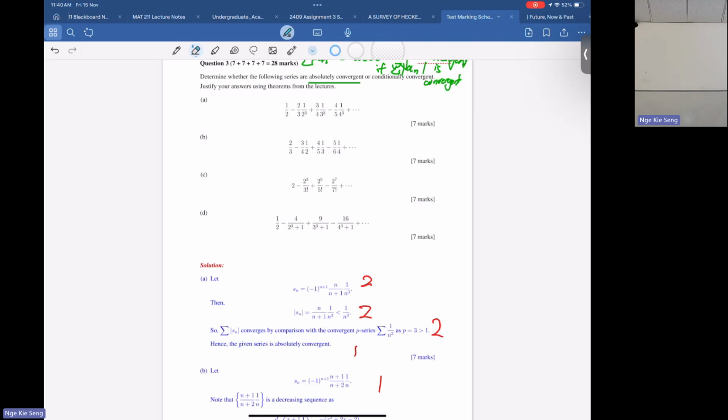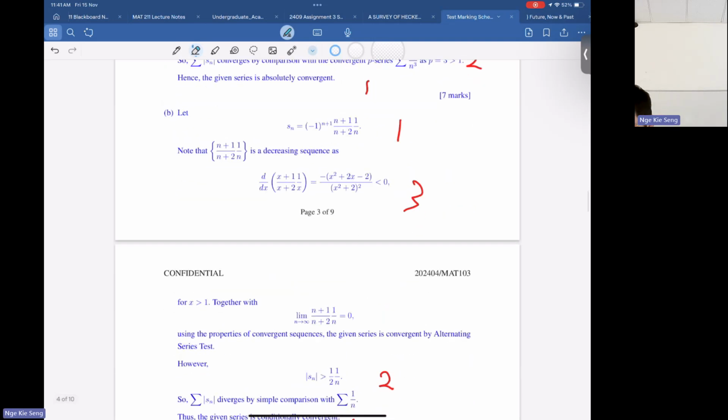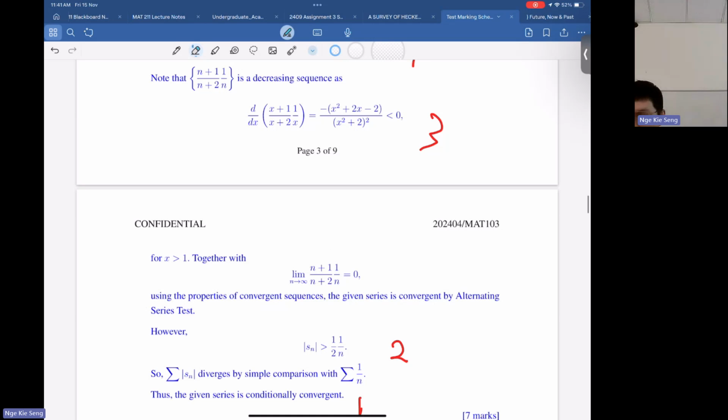这个 A B C D 其实考你们怎样看 pattern，你们都有拿到这个 pattern 的分。看完 pattern 过后，你就要去看 absolute of an converge 吗。In the first case, it converges by comparison to a P series, where P 等于 3，因为你拿到的 term 是 1 over n cube。好像大部分都是用 P series 做这题。第二个，如果你做 absolute 的 sum，actually 它是 divergent。好像你们有用 limit comparison test，which is quite good。